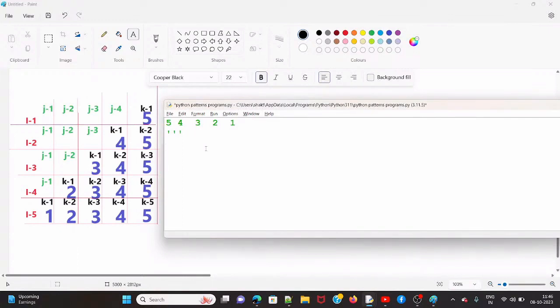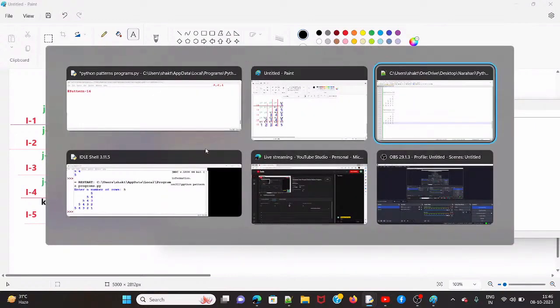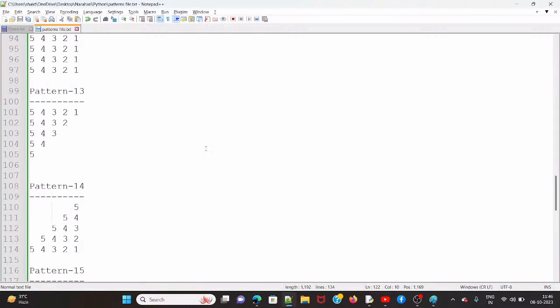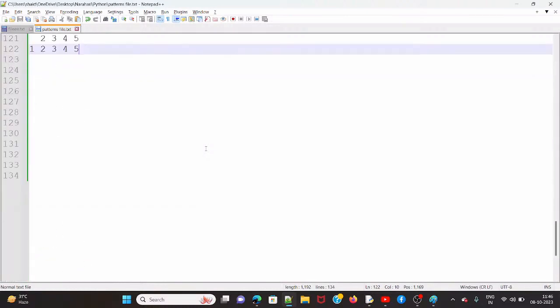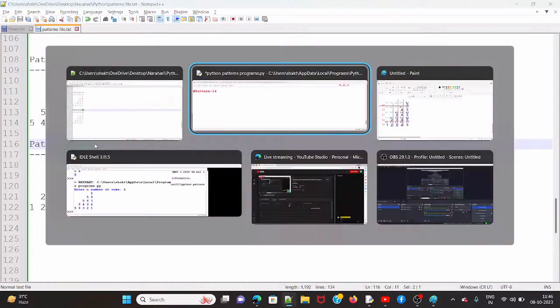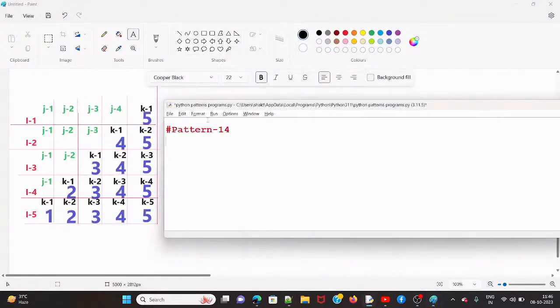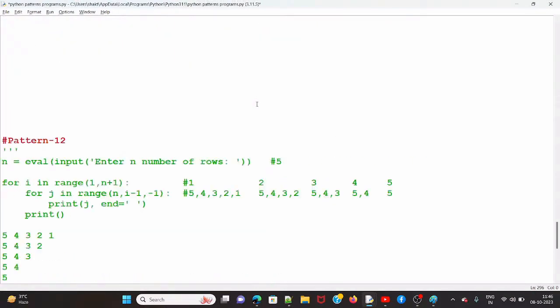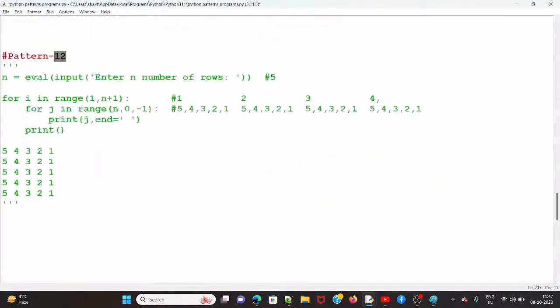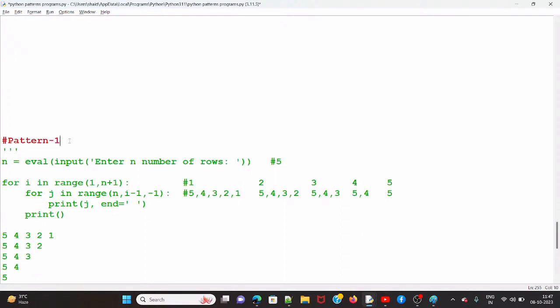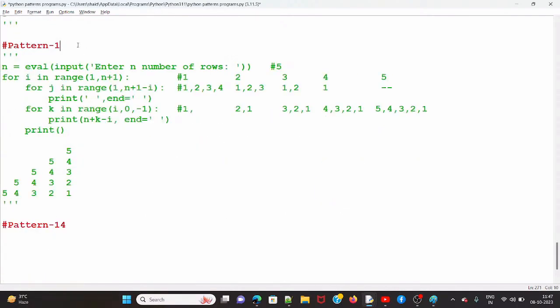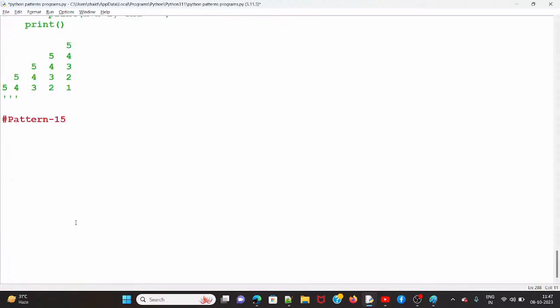Okay, so this is what here, pattern number 14. 14, okay. This is 15, guys, right? This is the 15th pattern, not the 14th. Maybe somewhere the number was missed. That is the 13th pattern, and then this is the 14th pattern, and then this is the 15th pattern. Okay,